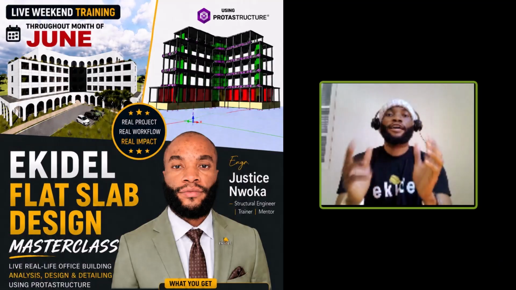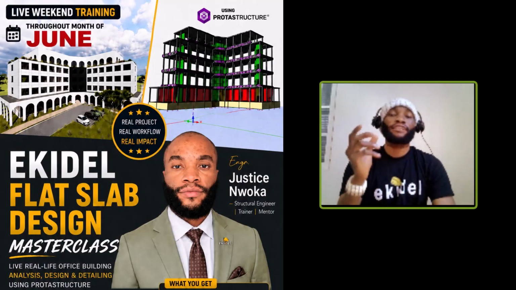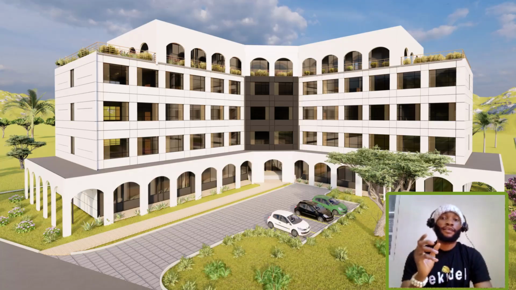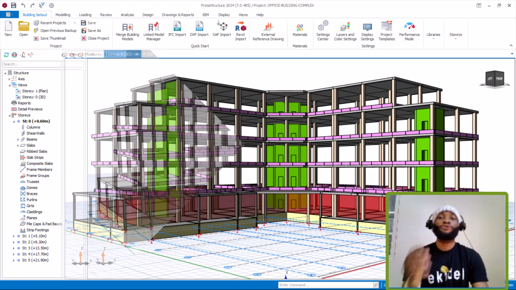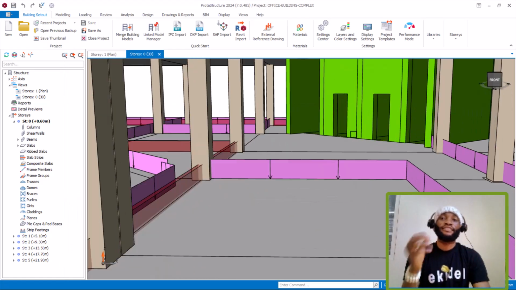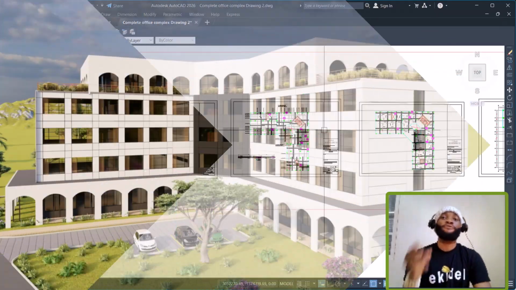Introducing the Eurocode 2 Flat Slab Design Masterclass. Now, in this masterclass, you are going to learn how to professionally analyze, design, and detail a real-life office building